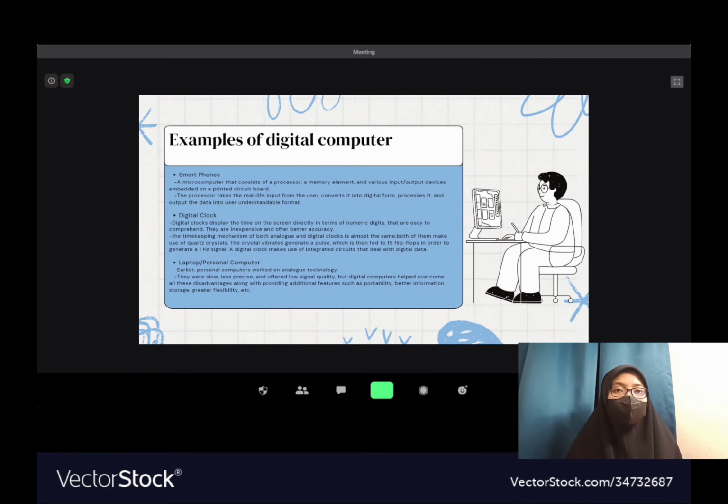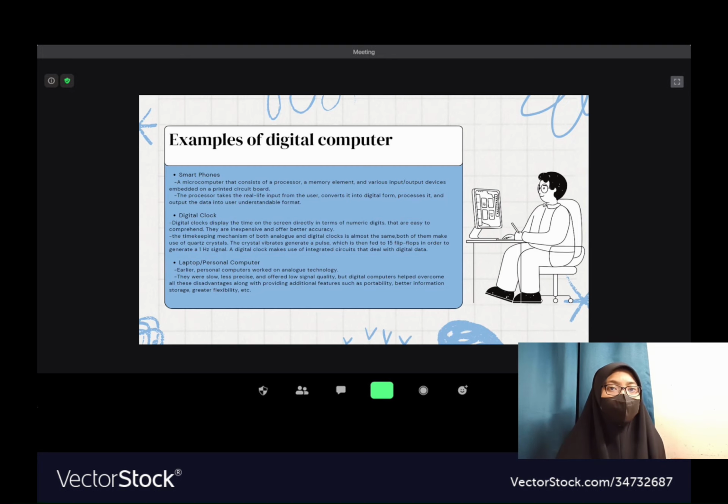My name is Farha Hanisa binti Muhammad Ridwan, and I will explain about examples of digital computers. The first example is the smartphone. A smartphone is a microcomputer that consists of a processor, a memory element, and various input-output devices embedded on a printed circuit board. The processor takes the real-life input from the user, converts it into digital form, processes it, and outputs the